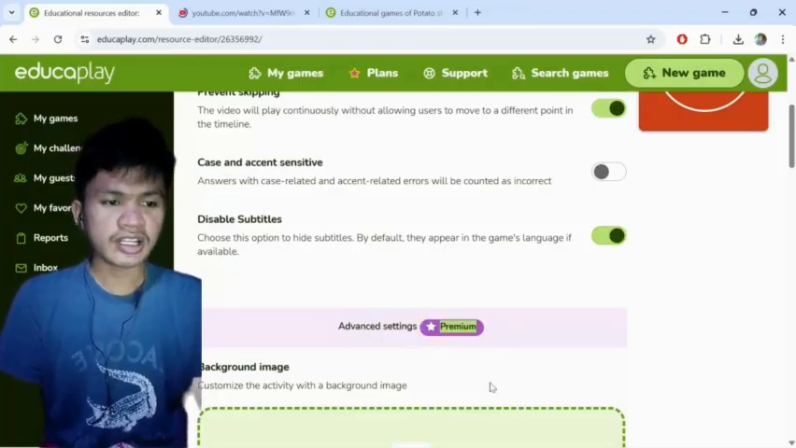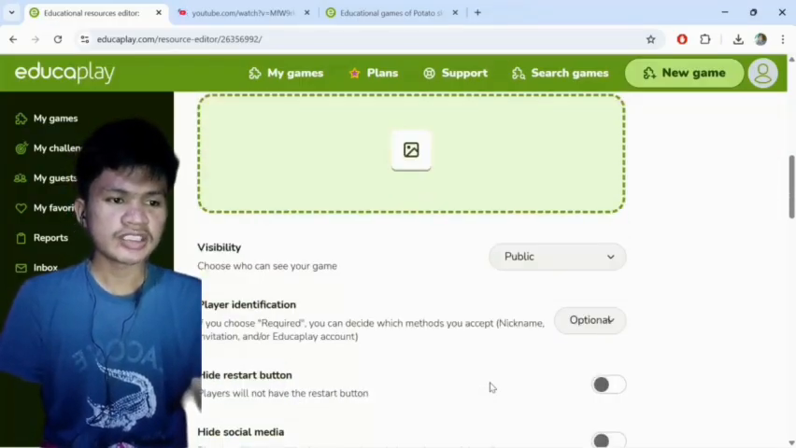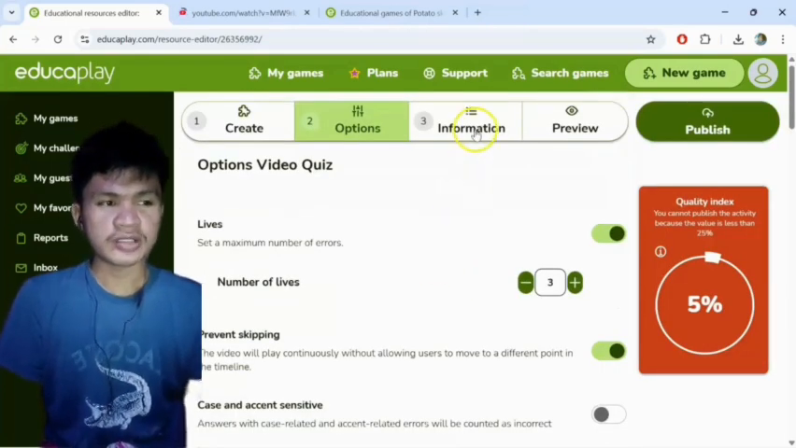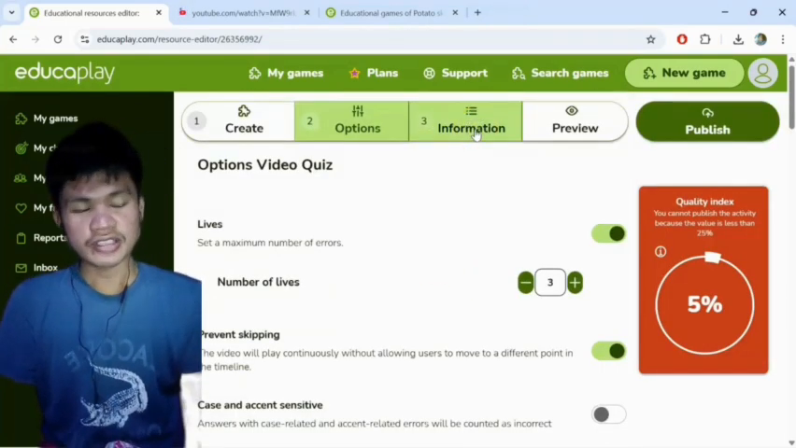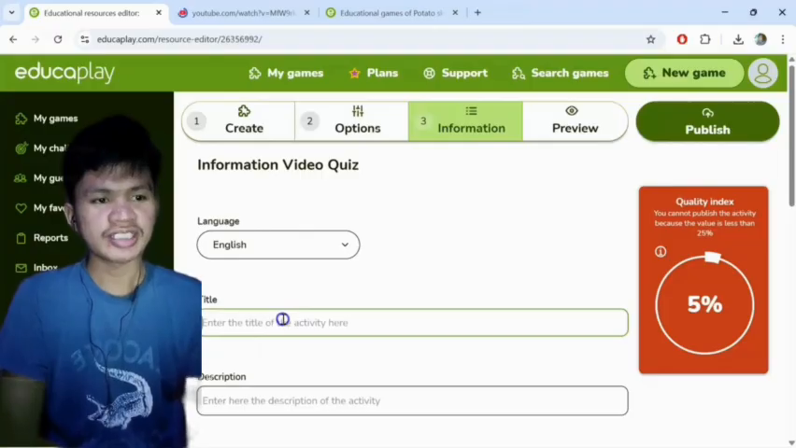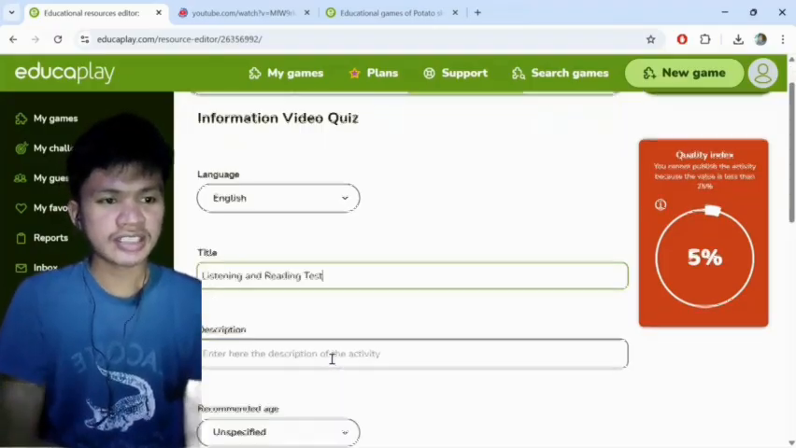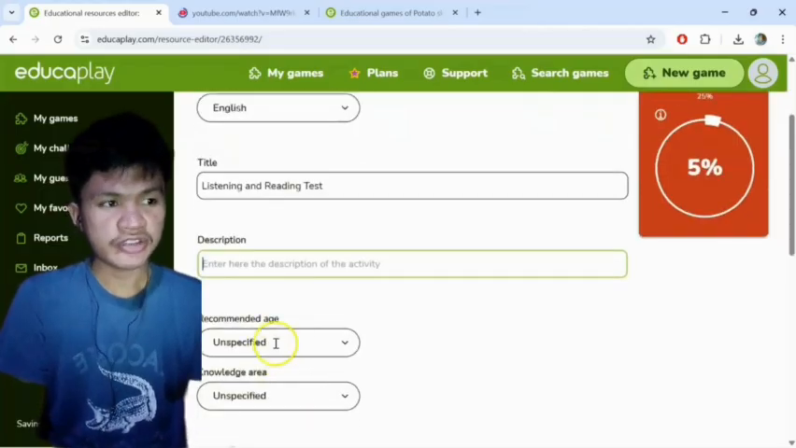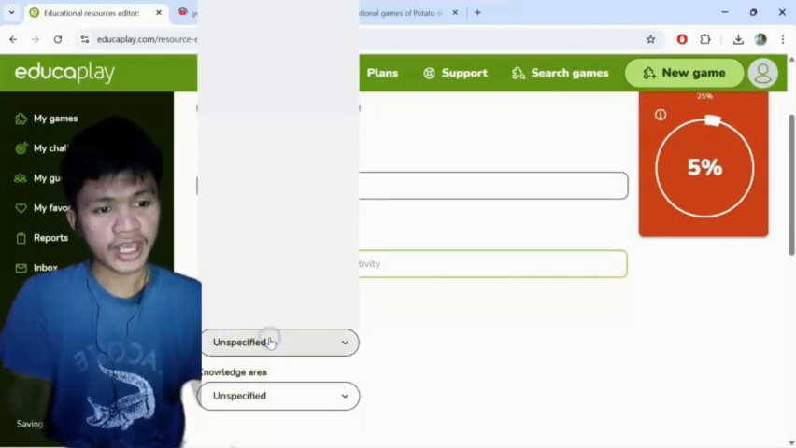Then the third one is the information, where you can put the title of your activity. For instance, my title is listening and reading test. Then the description: what is your activity for? And then the recommended age, what age your students are, and the knowledge area, if it's about art, biology, chemistry, health,